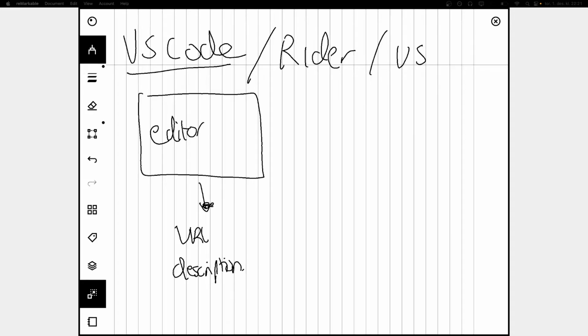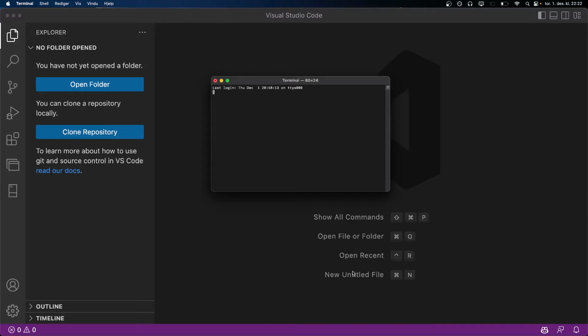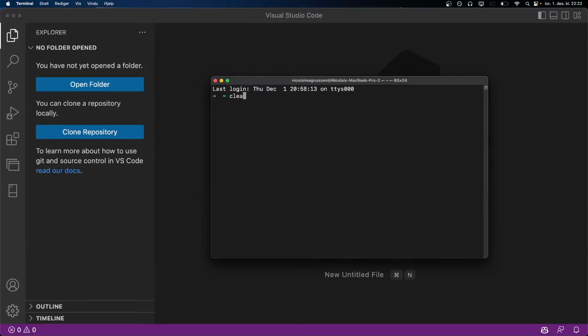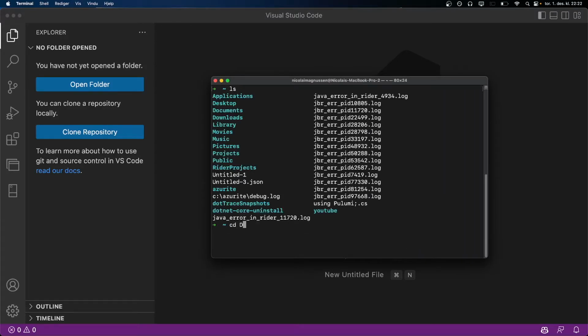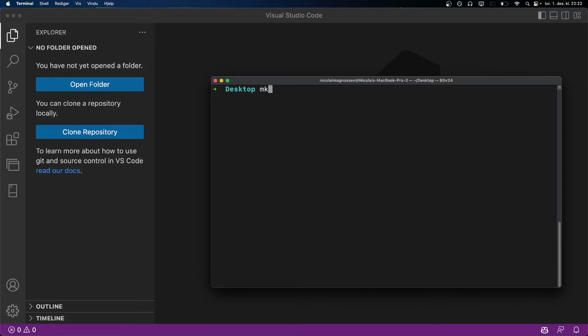Once you have everything up and going, we will actually get right into it. Alright, so now we have Visual Studio Code open. But what I would like you to do is actually open the terminal right away. Search for terminal, do an ls, go to the desktop, again, make it bigger, and then make a directory called